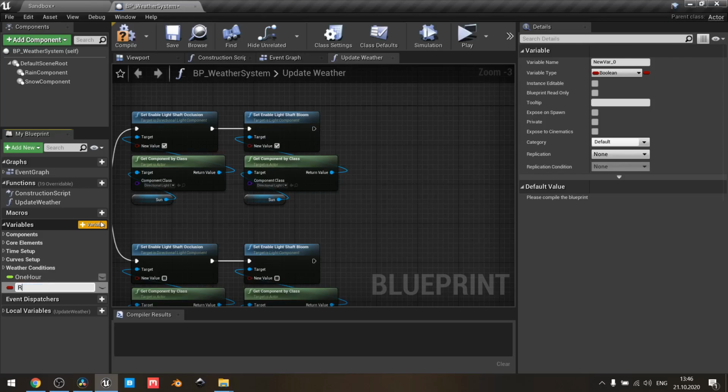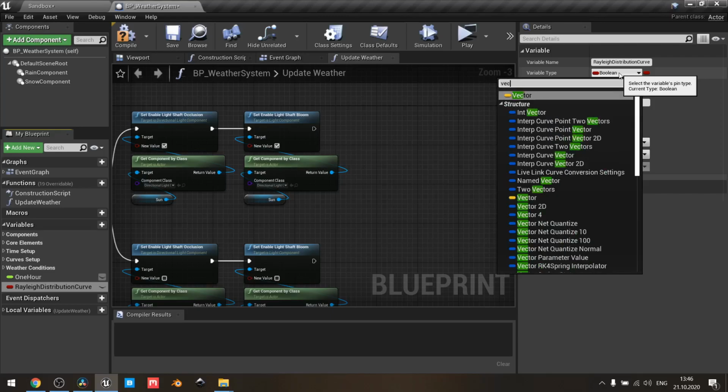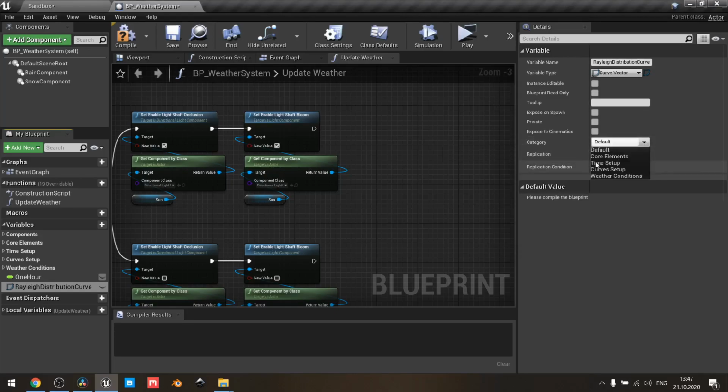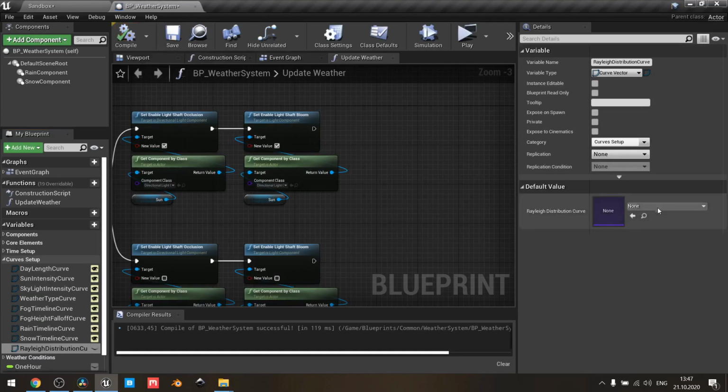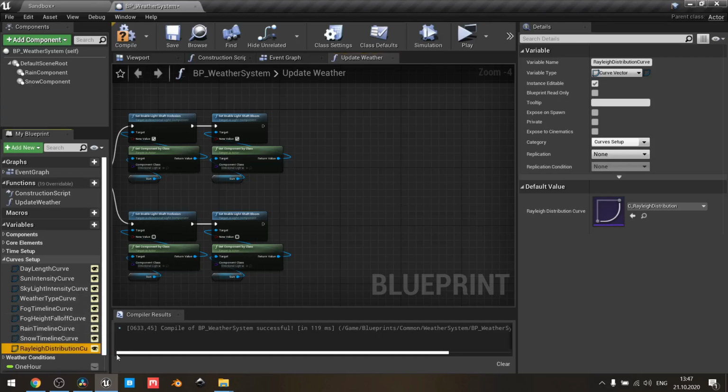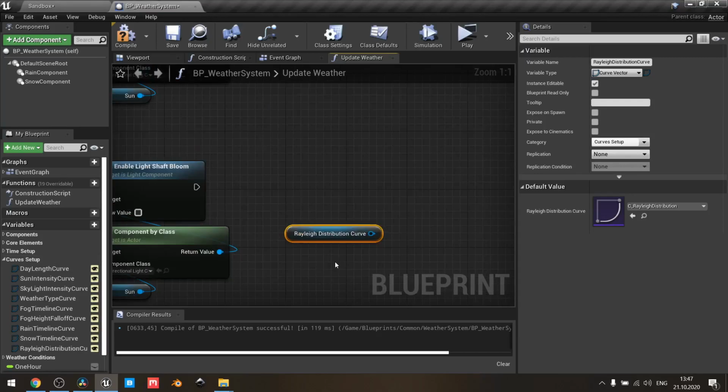Rename it to Rayleigh distribution curve. Change variable type to vector curve. Next, press compile and provide proper reference. Everything looks fine. Don't forget to make our reference visible so we can modify it when we need. Then drag and drop Rayleigh distribution curve reference,